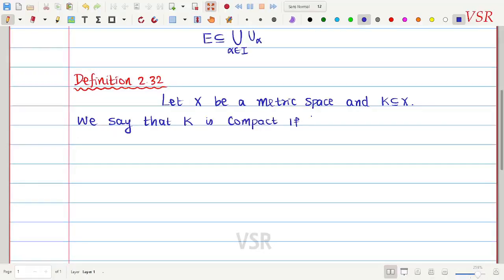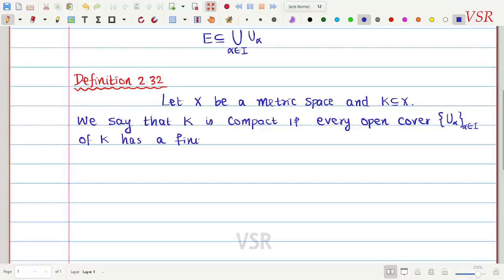if in a condition if every open cover of K, and the open cover I call it be U alpha where alpha is some index set I. Okay, so every open cover of K has a finite subcover. அப்படினா என்ன அர்த்தம் அப்படினா that is there is alpha 1, alpha 2 ... alpha n belongs to capital I